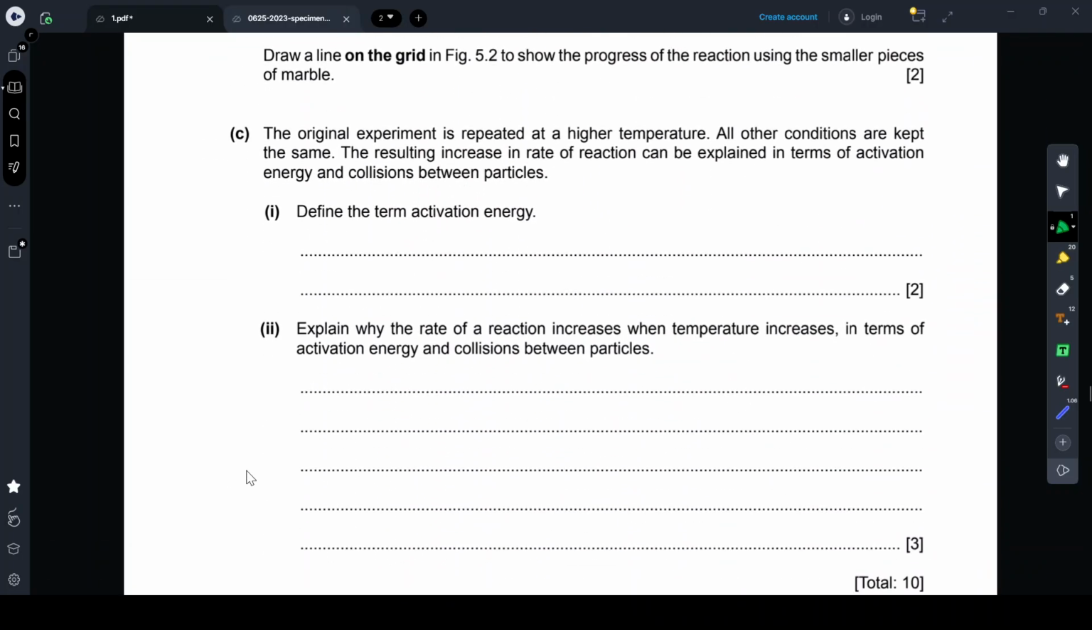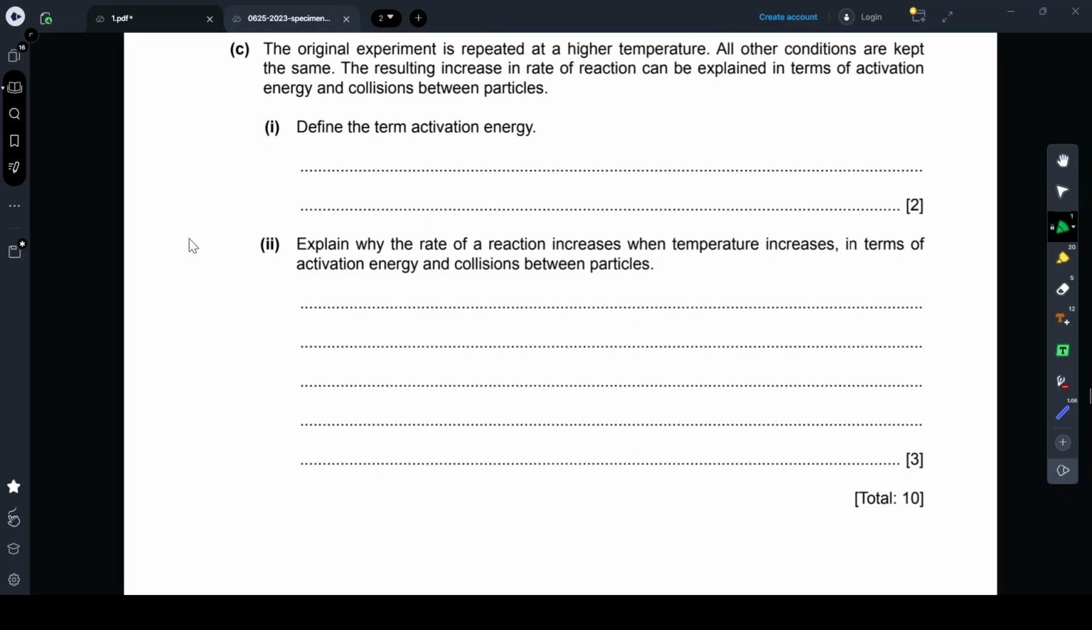Okay, the original experiment is repeated at a higher temperature. All other conditions are kept the same. The resulting increase in rate of reaction can be explained in terms of activation energy and collision between particles. Define activation energy. It is the minimum amount of energy that a reactant particle must have for a collision to happen successfully. It is the minimum energy